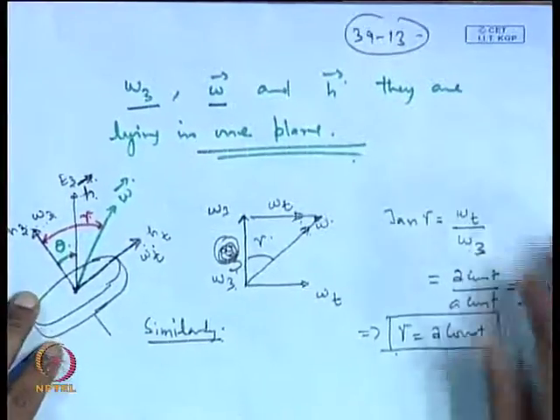So, from our conclusion we can tell that the torque free rotation of a body, once we are taking it, and the body is obviously in this case we are taking such that the body axis is aligned with the principal axis. So, in this case the theta angle remains constant, the gamma angle remains constant. Later on we will see that the theta angle we basically call as the nutation angle. So, nutation angle remains constant, and the body which is rotating like this, this is called the precessing motion.